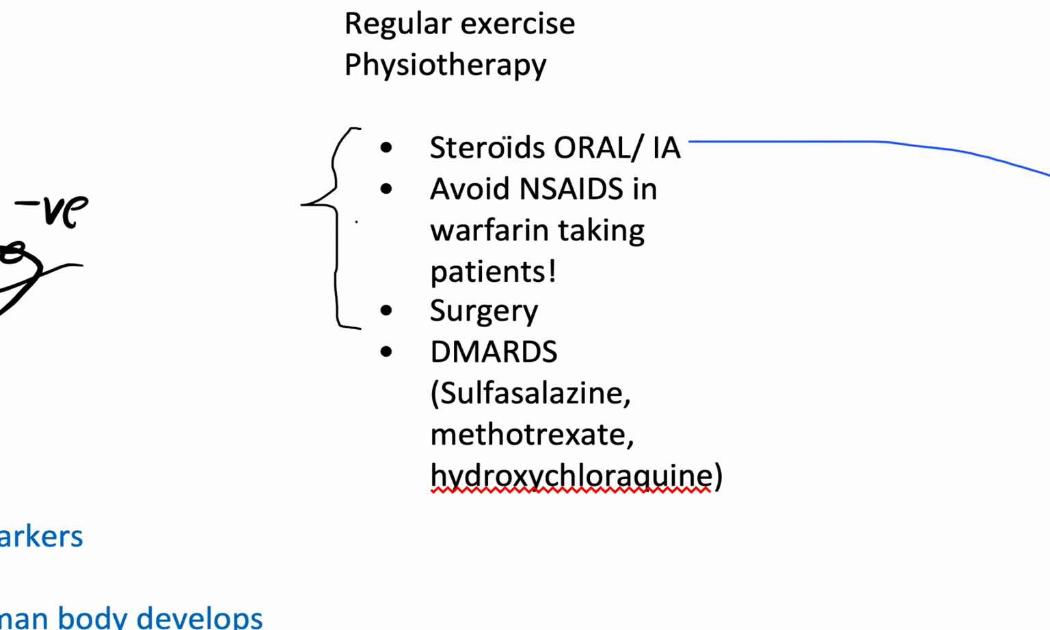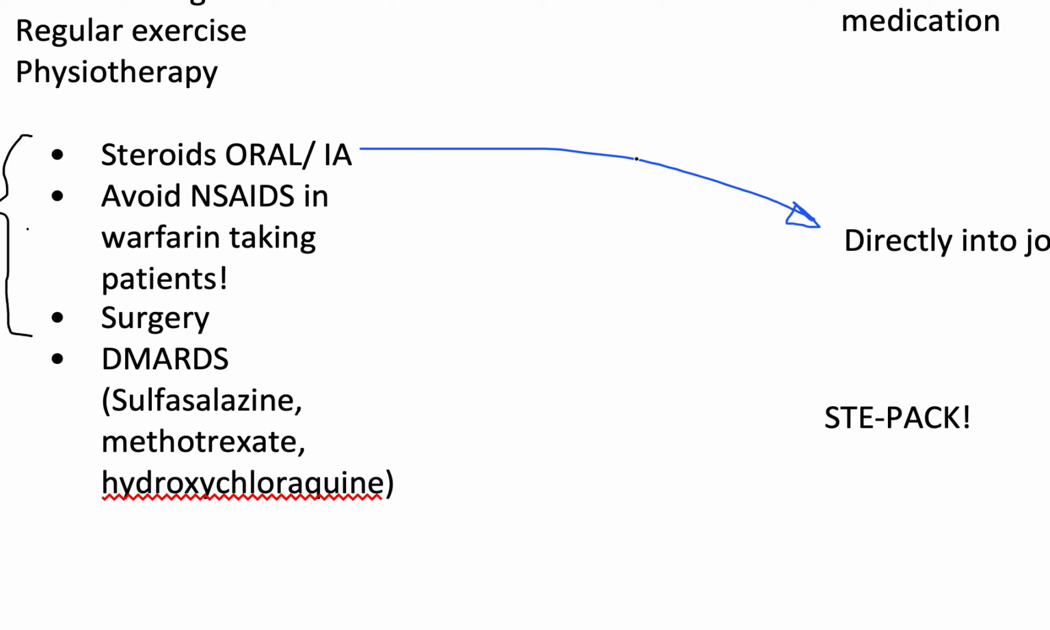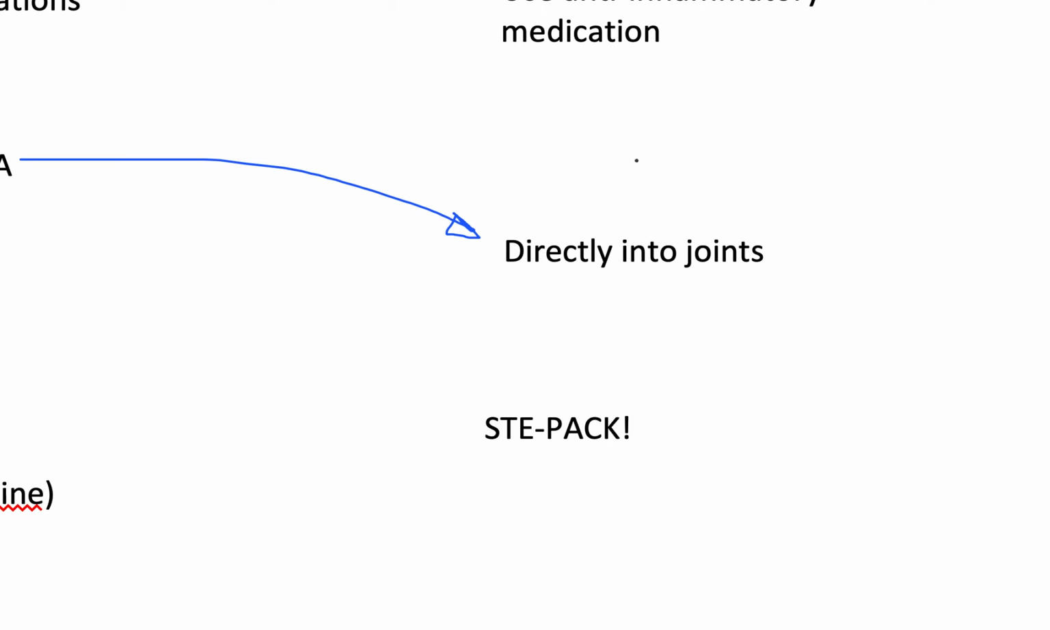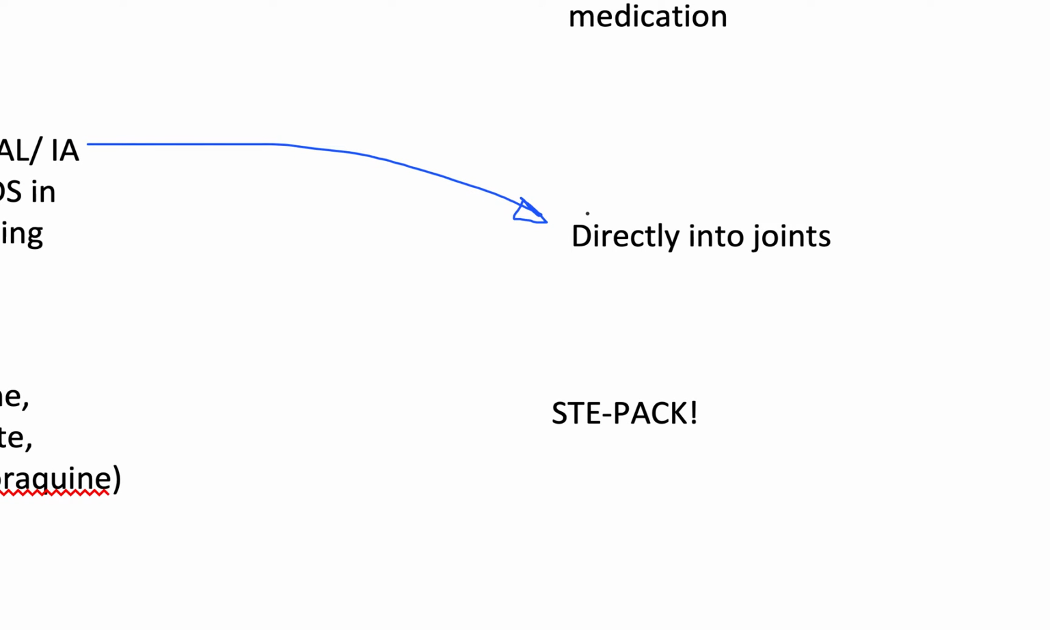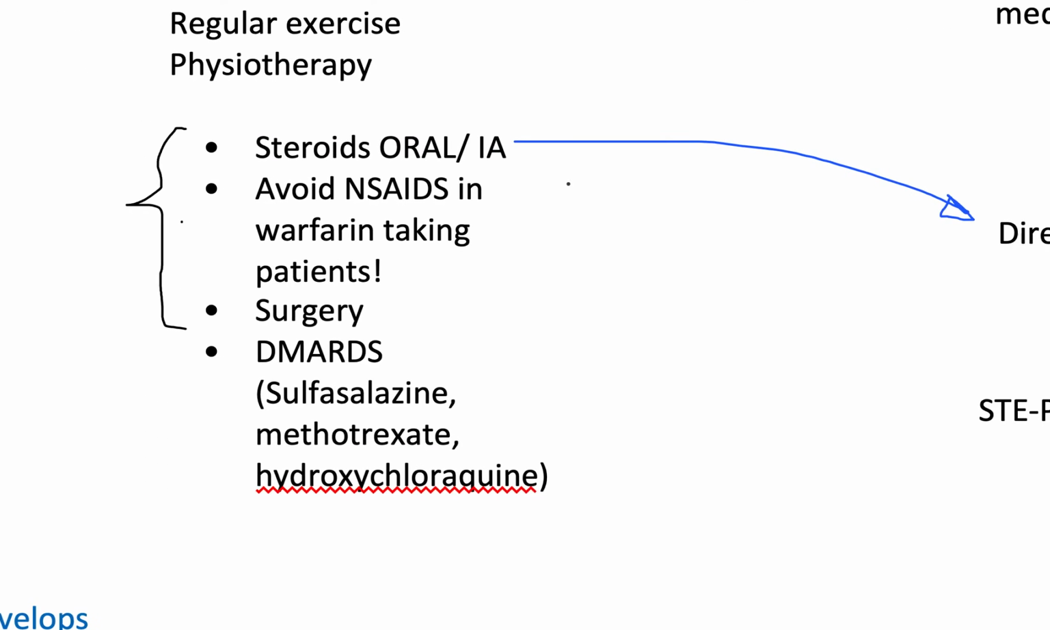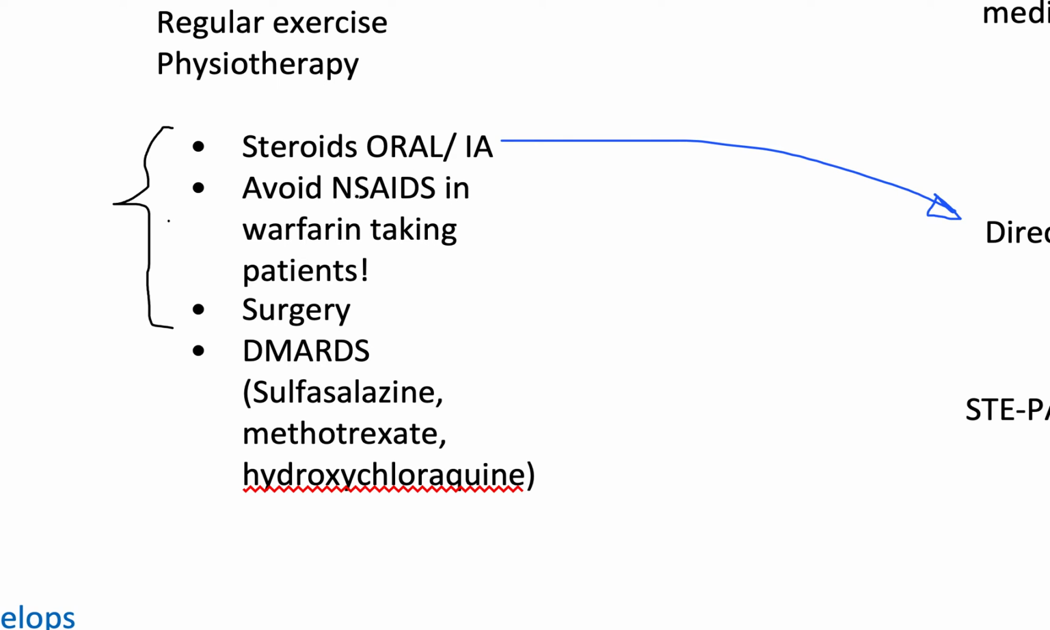anti-inflammatory. So you will be using anti-inflammatory medication, steroids, either oral or intra-articular. And that's because you have such a big immune inflammation process going on. Intra-articular just means directly going into the joints. And this is typically used for acute flare-ups when the patient has severe symmetrical pain. Now, you have to avoid NSAIDs in warfarin-taking patients because of drug interaction. And finally, surgery is a potential